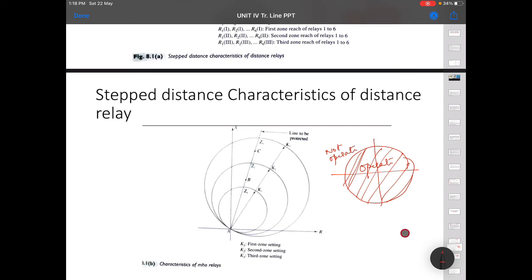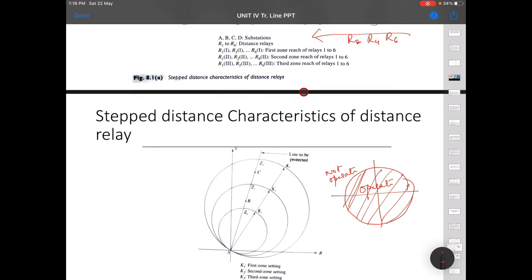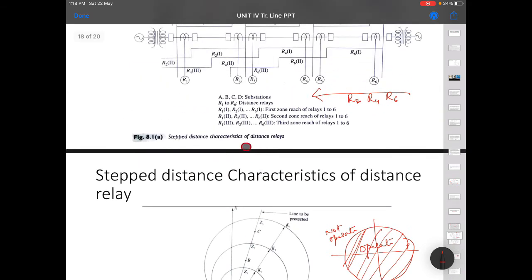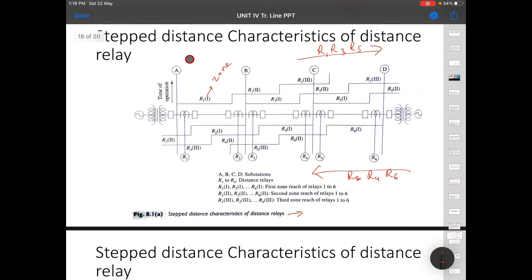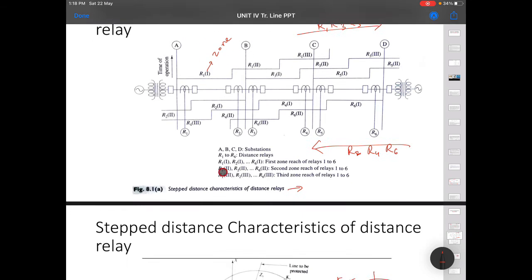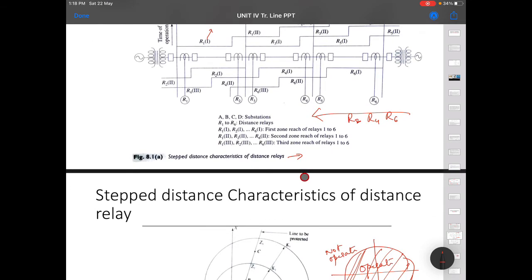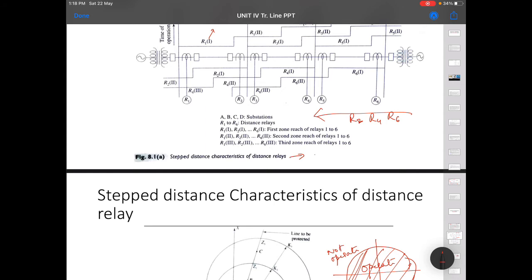Since the impedance relay doesn't have any direction, you need a directional relay if you are implementing a distance relay. This chapter is for the distance relay, correct? Since you have used a distance relay here, you need one more addition, a directional relay.